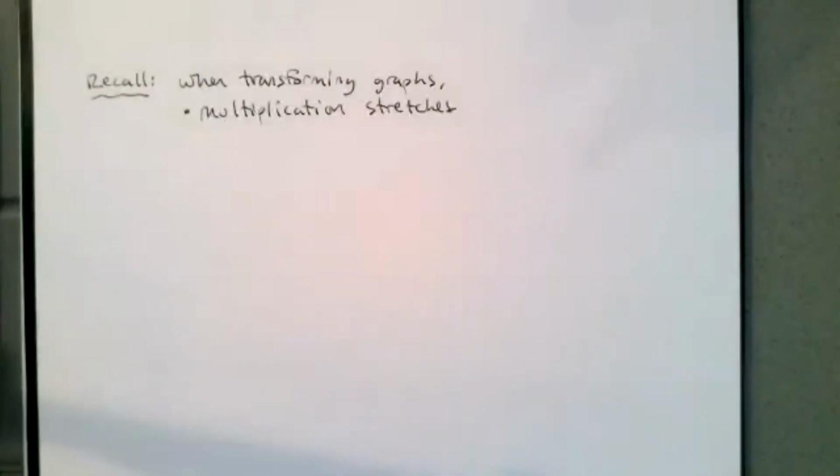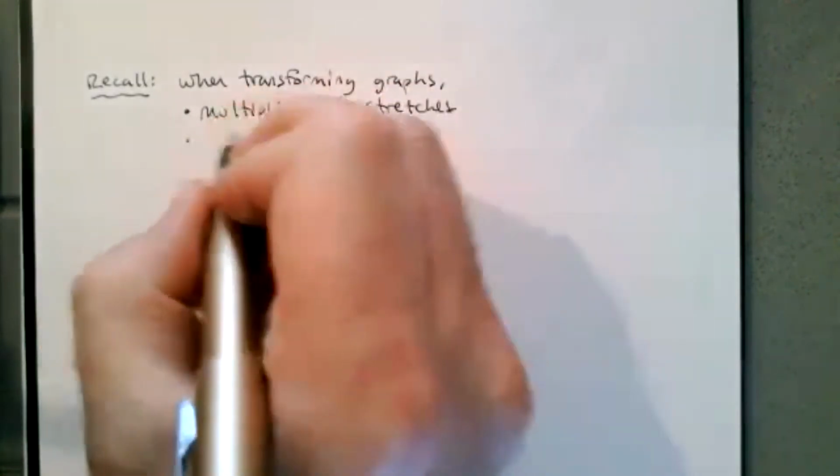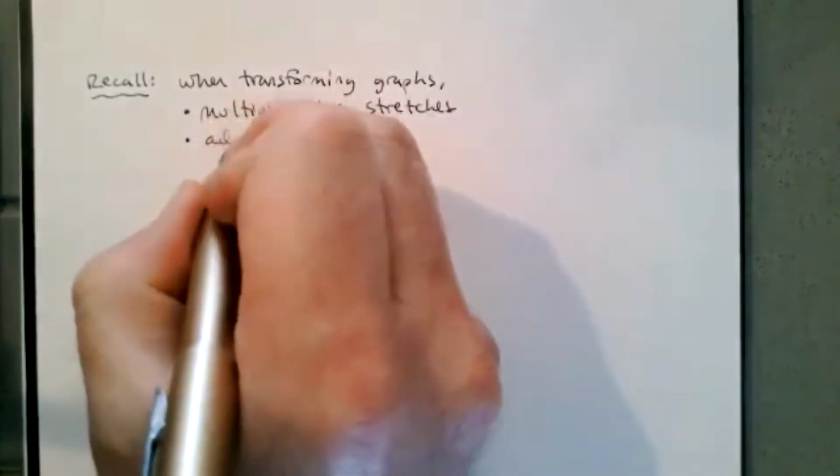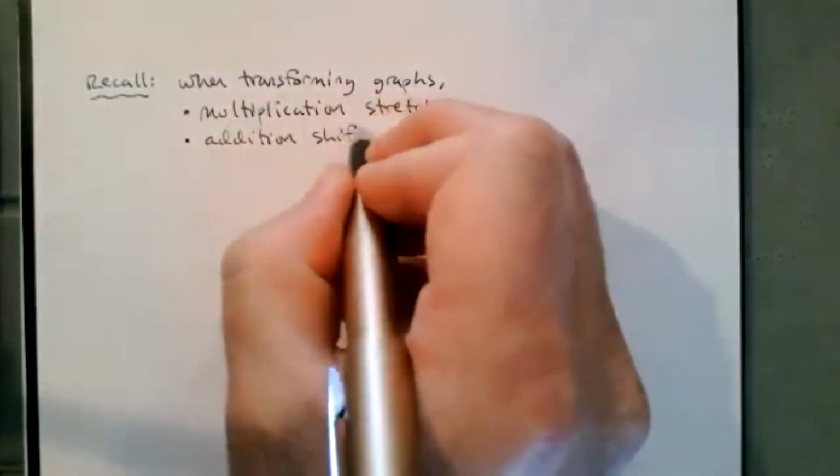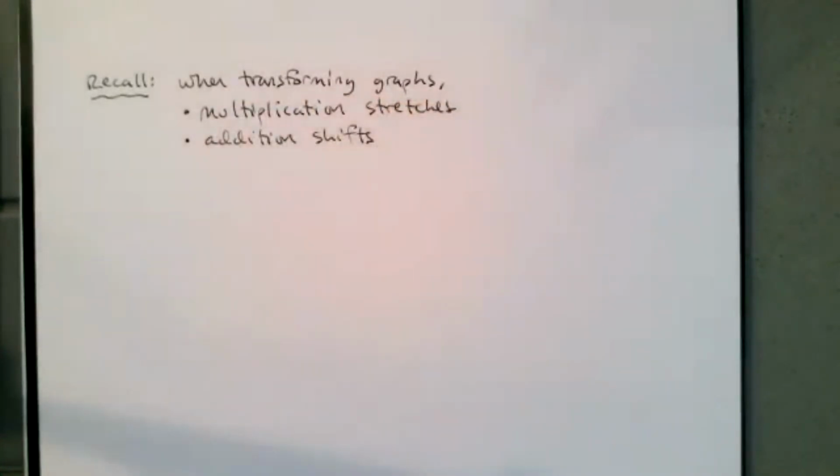We could also, if we stretch by something less than 1, then we'll get a shrink. So multiplication will stretch or shrink, and addition will shift. So multiplication will stretch and addition will shift. So if I want to move my circle around and change its radius,